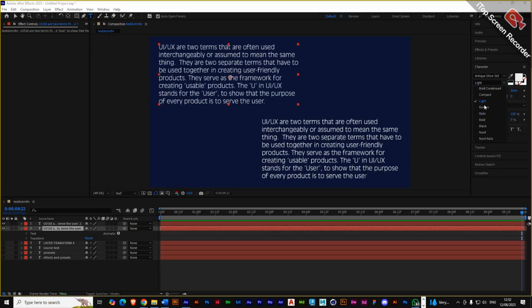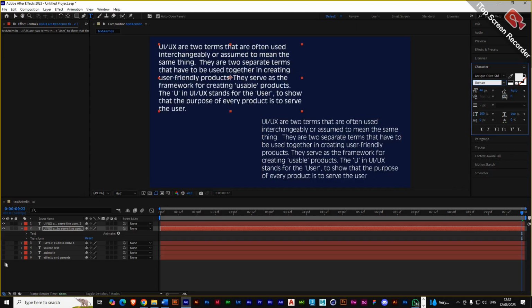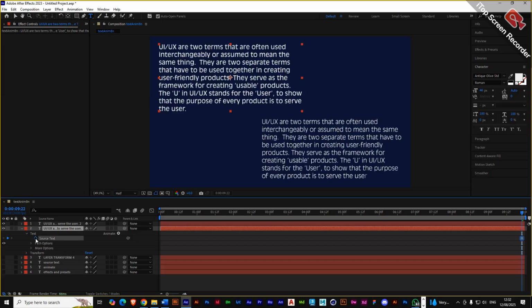Let me make source text a little bit more non-bold. Let me make it like this. Okay. So for the source text, I want us to just be changing